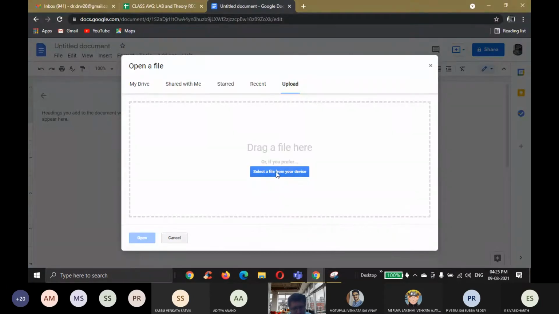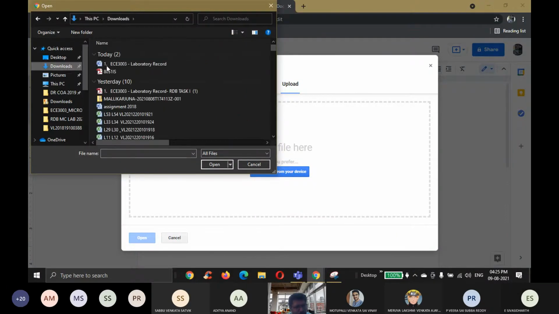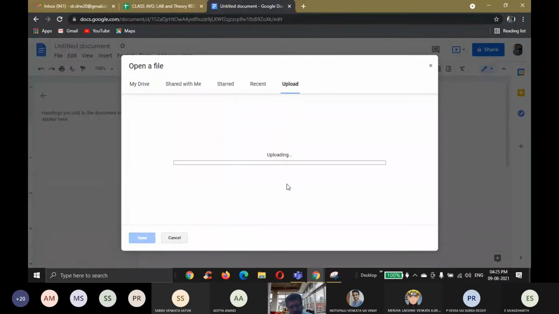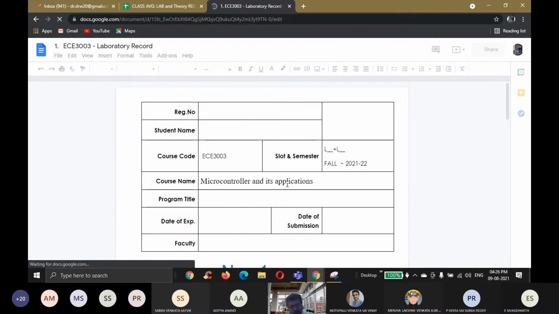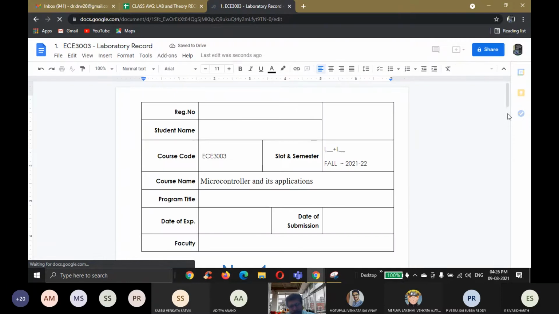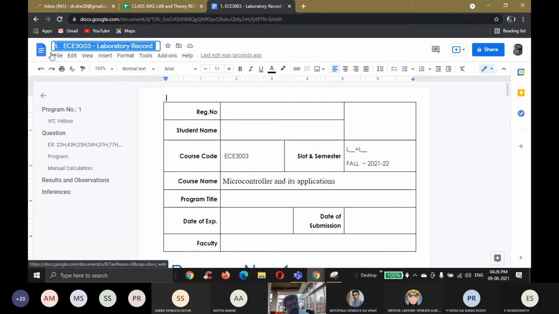I will select the file that I have downloaded. It will open like this. Now here you go and enter your details, your registration number.